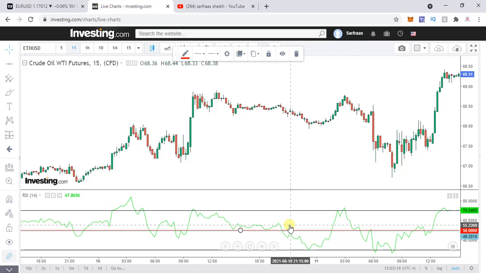But for your demo, for your practice, I think this holds good, and you can very well practice on that. Like if you're using a demo on MetaTrader 4, MetaTrader 5, you can very well go ahead, because you're not going to be losing anything. If at all the trade goes against you, you're going to get a lot of practice doing so. So please do some trades, and do let me know your feedback in the comment section, whether knowing how to use this RSI indicator and how to set it up has helped you.